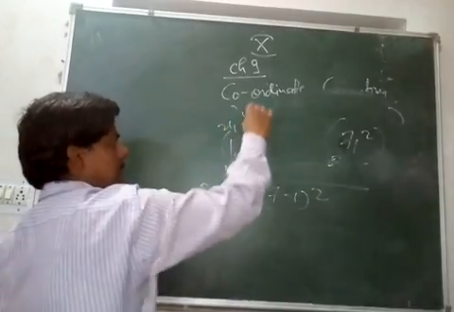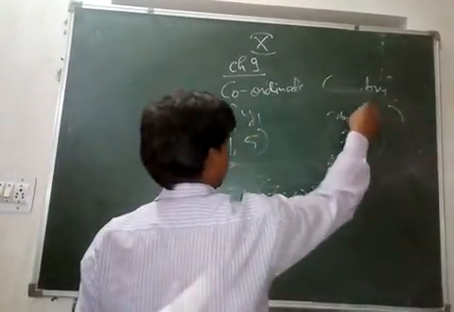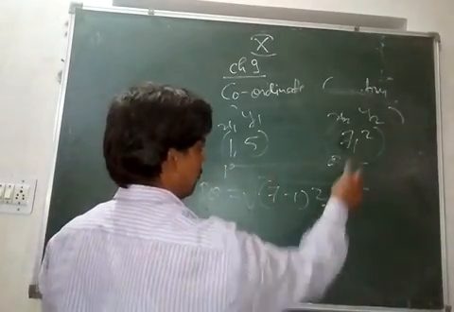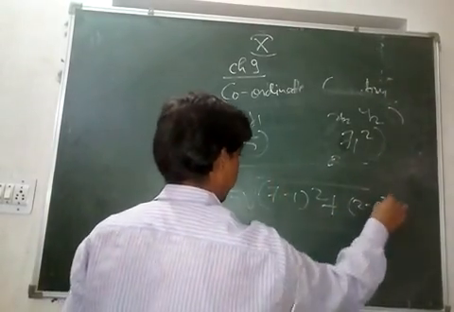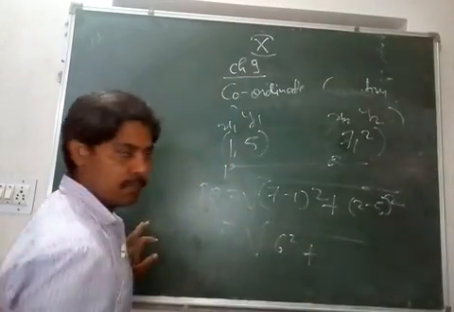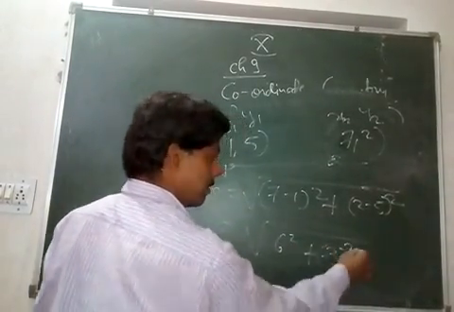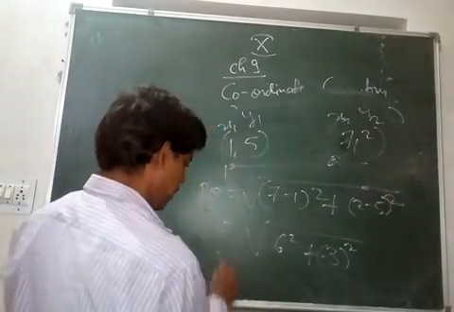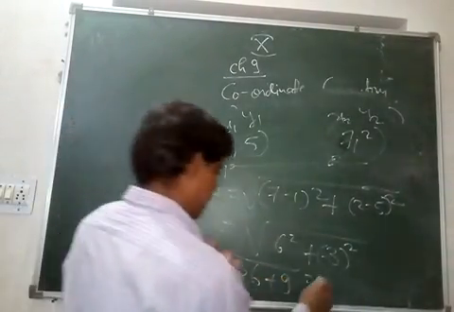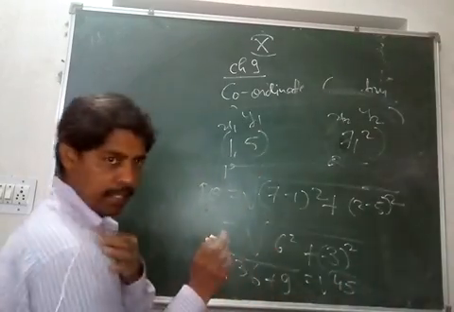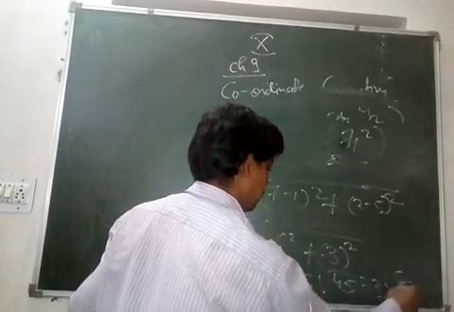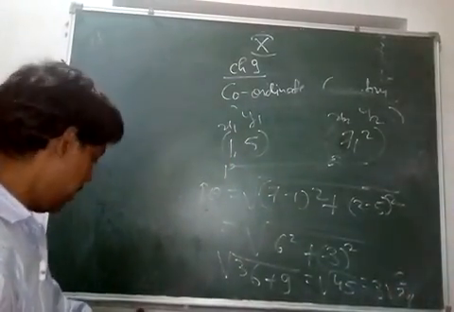Initially you should write like this: x1, y1 and x2, y2. So x2 minus x1 is 7 minus 1, and y2 minus y1 is 2 minus 5. So this is 6 squared plus (2 minus 5), which is minus 3 squared, the same as 3 squared. 6 squared is 36 plus 9, that is root of 45. You can also take a common factor, 9 into 5 is 45, so 3 root 5. Okay, so this is how you find the distance.